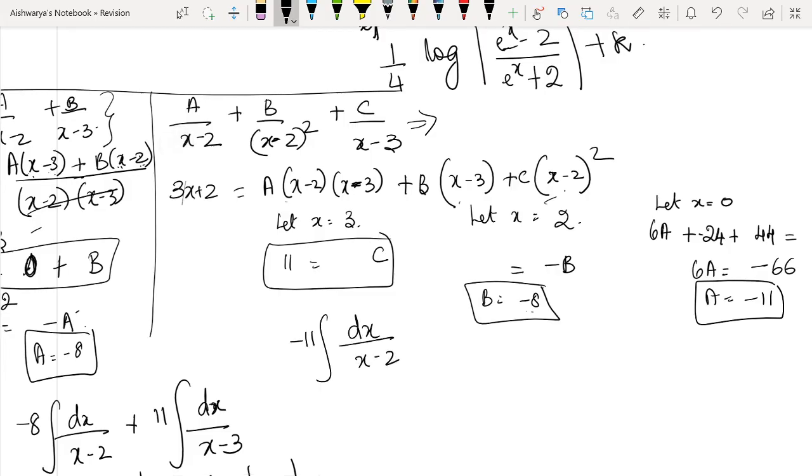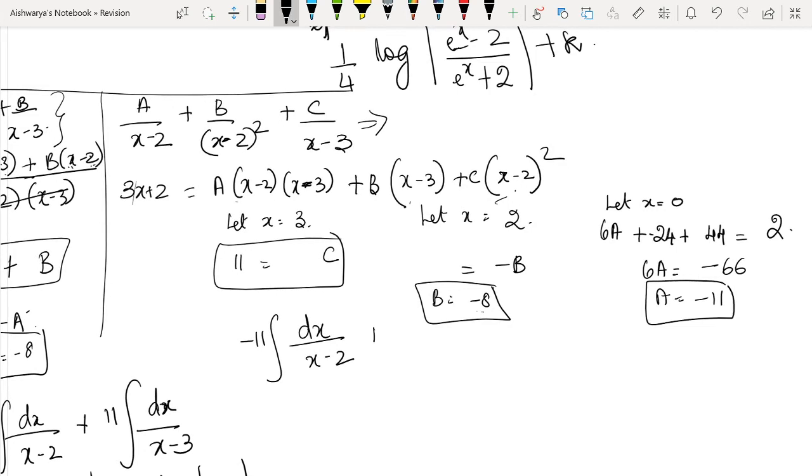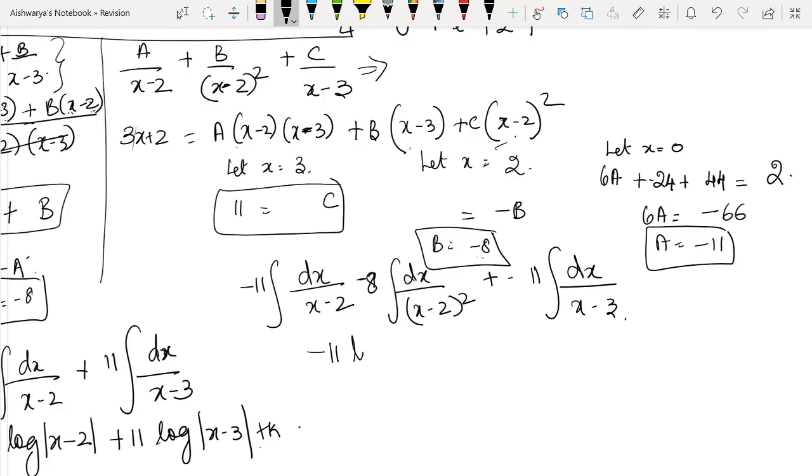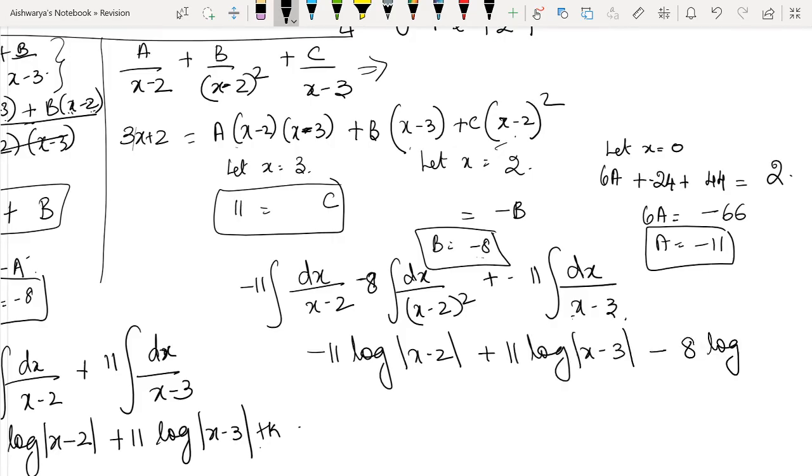dx divided by x minus 2, plus b is minus 8, dx divided by x minus 2 the whole square, plus c is 11 integral dx divided by x minus 3. So what will happen here is minus 11 log of x minus 2, writing next, plus 11 log of x minus 3, minus 8 log of, this will not be minus,